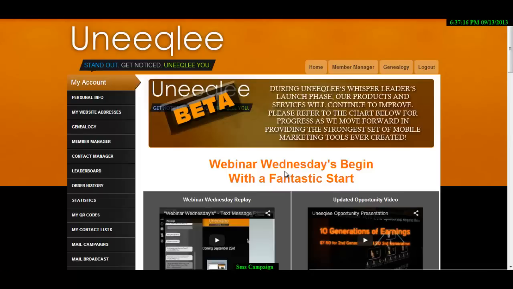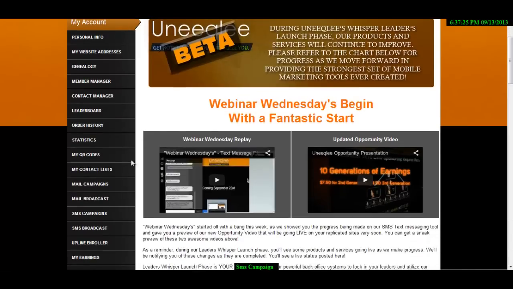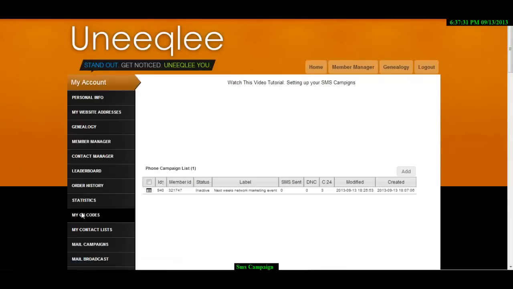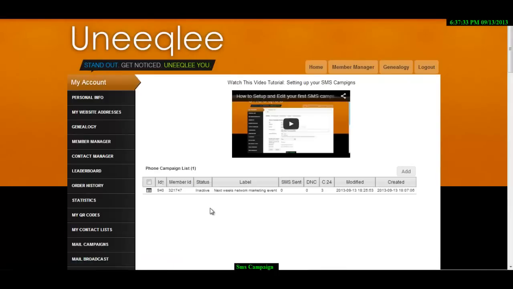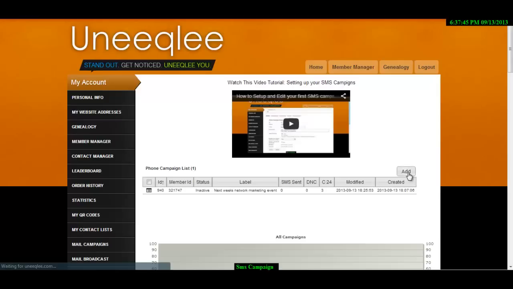So let's just hop right in here, and right now we're starting on the home page of our back office. I want you to scroll down on your left hand side to where it says SMS campaigns. Click on that for me, and we see right here this is our phone campaign list. We have one right here that we could edit, or we also have one where we could start a brand new one. We're going to start a new one. We're going to click add,